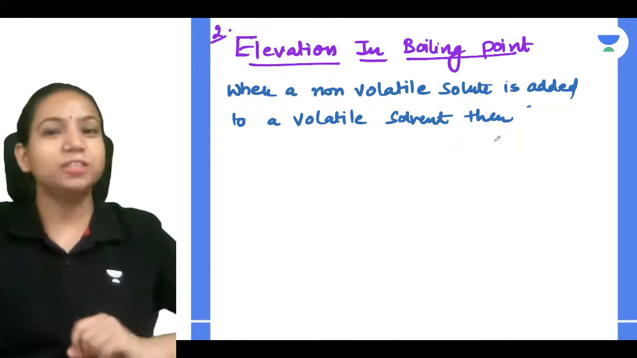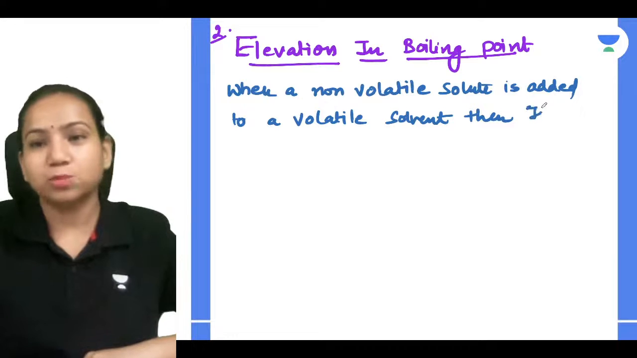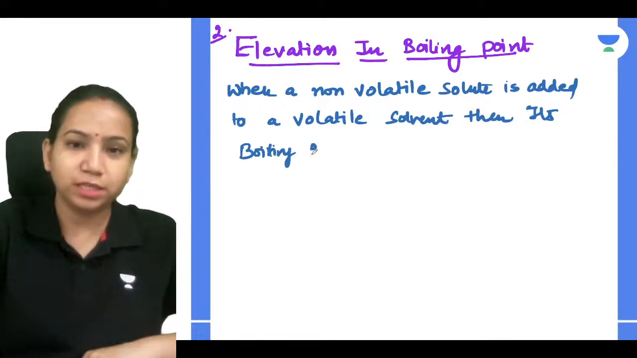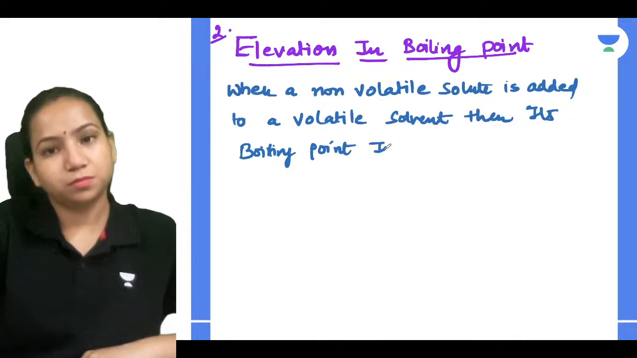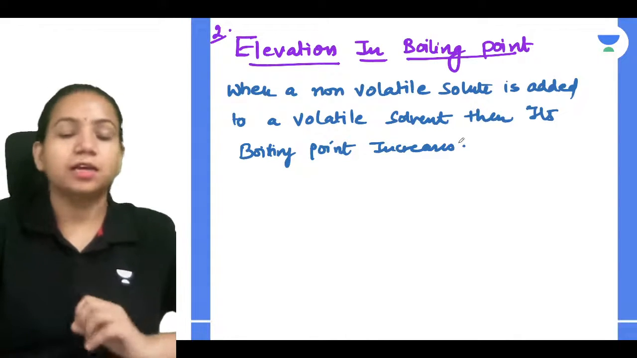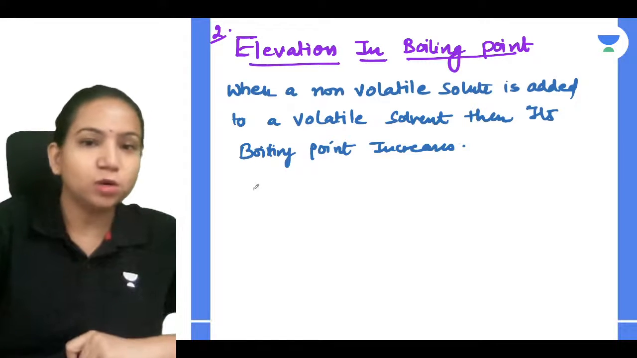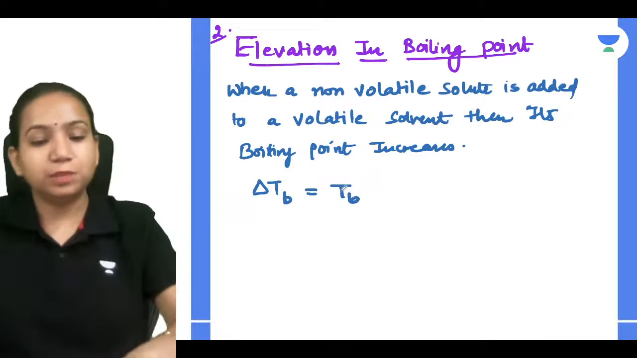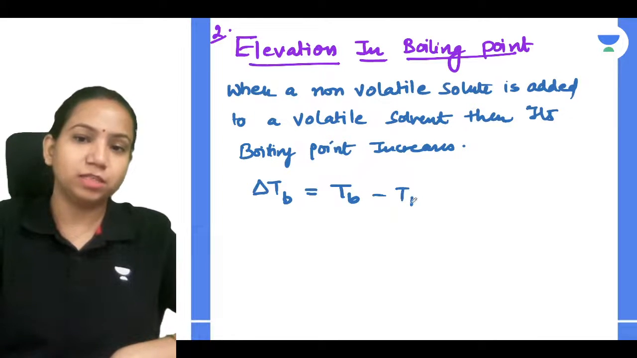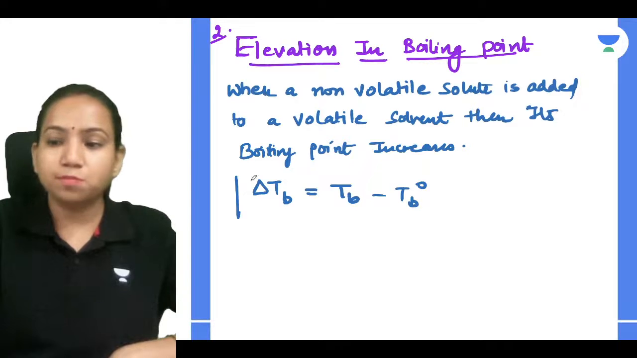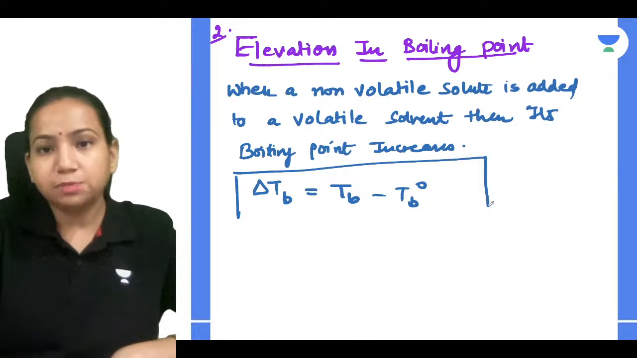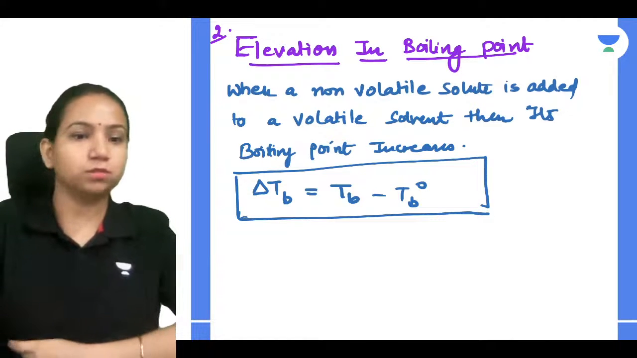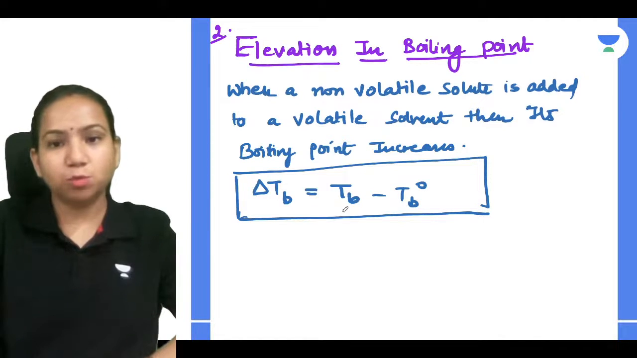So when a non-volatile solute is added to a volatile solvent, then its boiling point increases. Correct, guys? We can write it. Now we can find out the change in boiling point. It will be very simple. Tb and Tb naught: Tb is the boiling point of solution